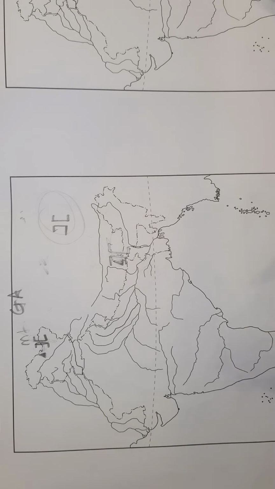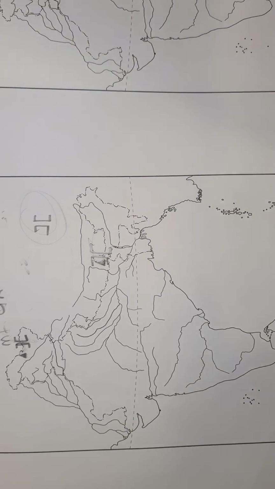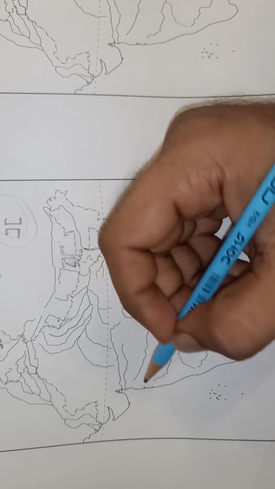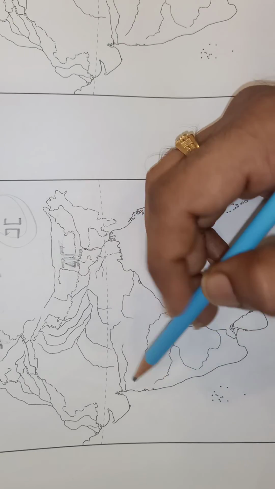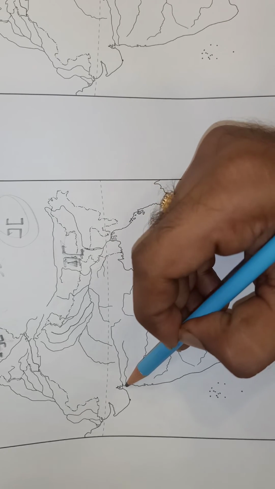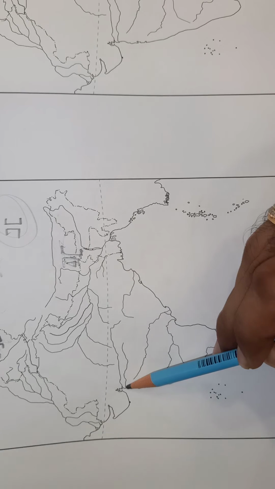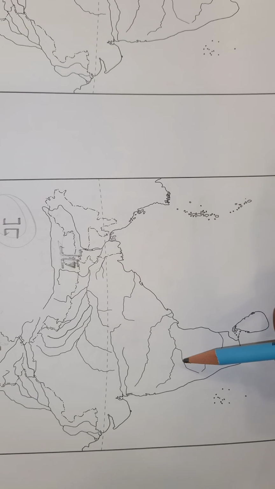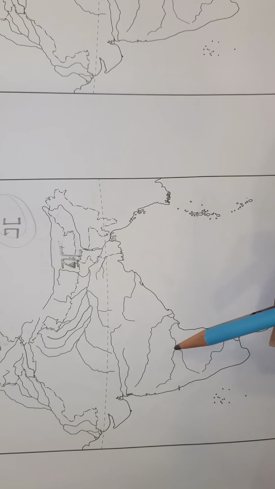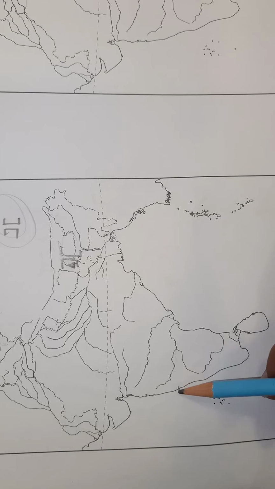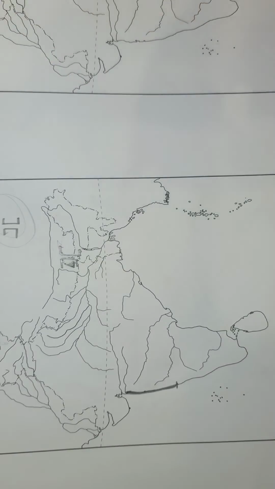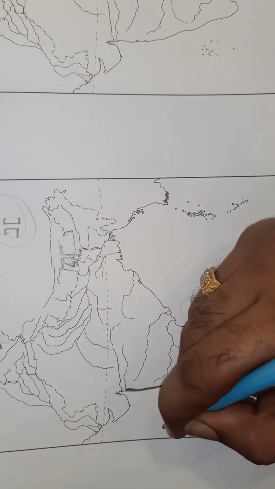So the next 4 things are the coasts. What is a coast? An area near the oceans, not the river. First we will be marking the Konkan coast, which starts from the Narmada Tapi. From the river Narmada it starts and ends at the sea. Wherever these 2 rivers are bisecting, if I draw a straight line over here, the area from here up till here is the Konkan coast. Keep in mind, a coast must be a proper line only.